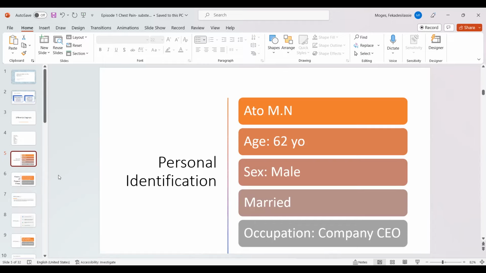Do you take any medication? Remember the differential diagnoses we have been discussing, okay? So you have to ask questions related to all those differential diagnoses. I'm just giving you a hint. Go ahead, my friend. Sorry for the interruption.